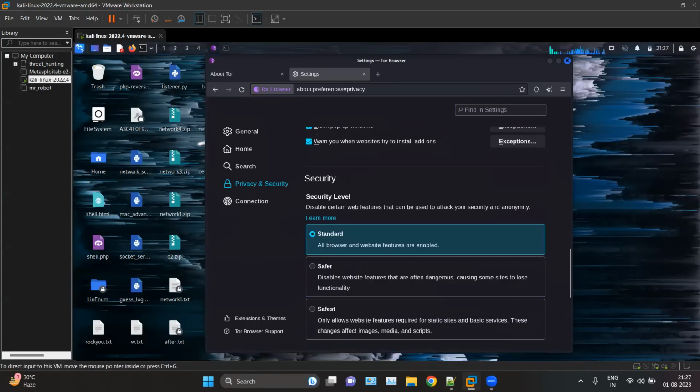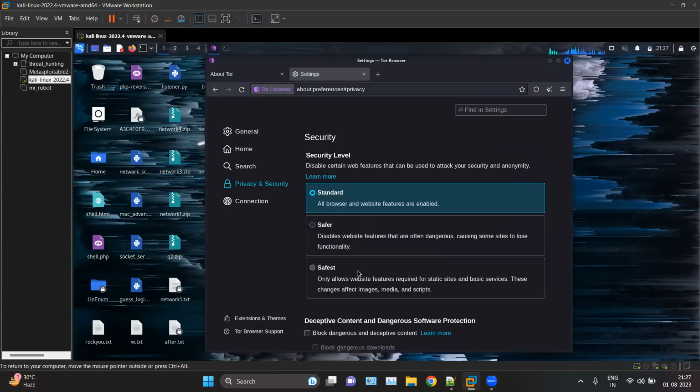We also have three levels of security here: standard, safer, and safest. In the safest, you cannot see media, images, videos, or JavaScript on any website. If you want, you can run in the safest mode, because the dark web can contain many creepy videos, even ones you cannot imagine. It's a good practice if you cannot bear that much. If there is a high level of creepy videos, you can run your dark web in the safest mode. And safer is like